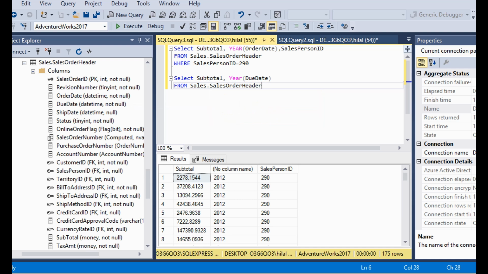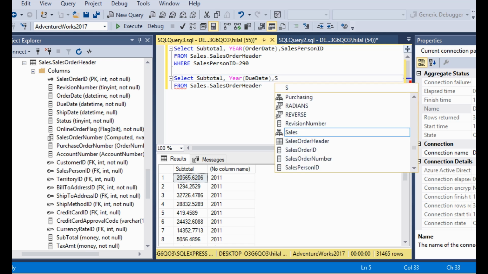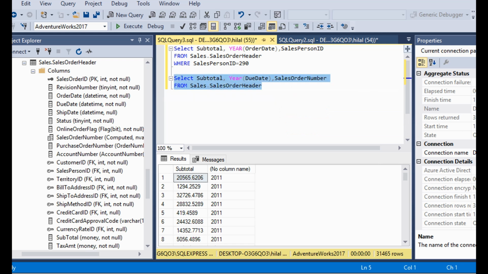Okay, first we run this query in order to see the detail, but we would like to restrict this query with sales order number. That's why I would like to add sales order number in order to see in detail. Let's highlight and execute. Okay, I can see the sales order number right now, so I can restrict my query